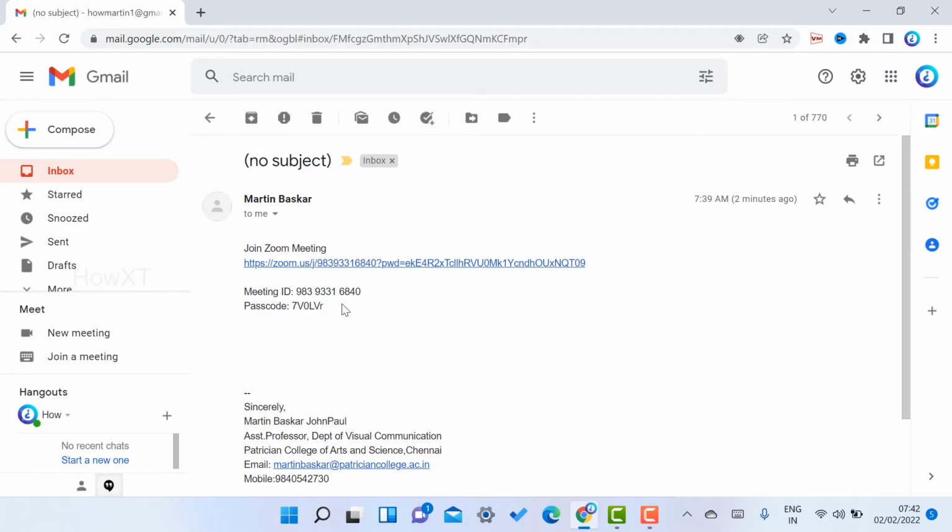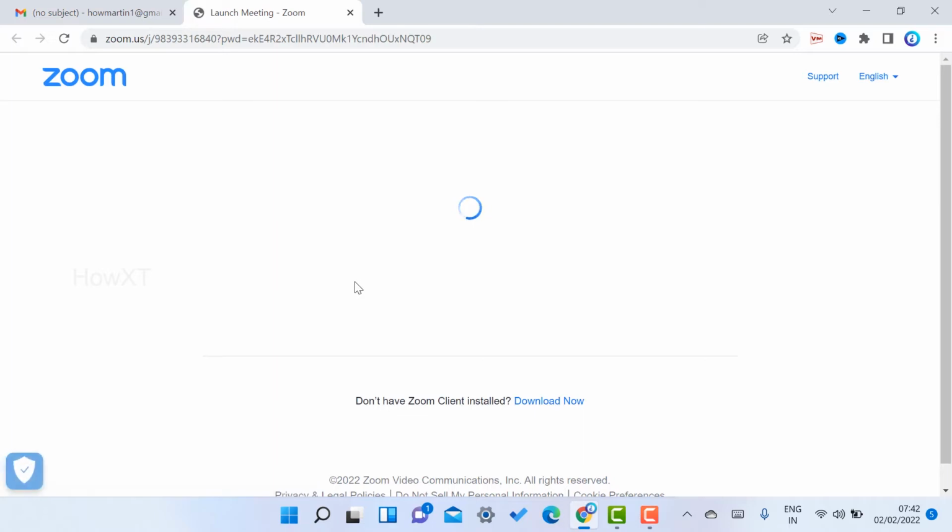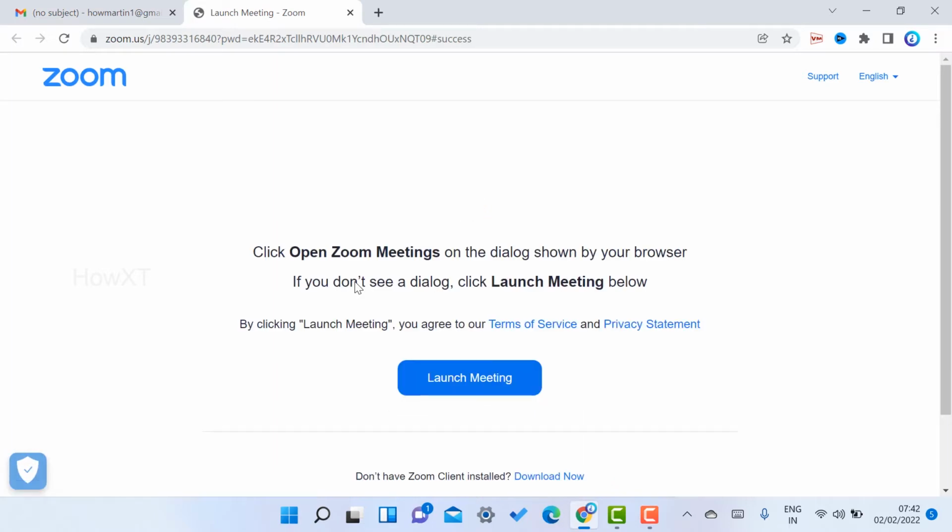So I got the meeting link. I want to join the meeting link. Once I click join meeting link, it will automatically direct you to the Zoom meeting application. So if I want to install the Zoom application, I just click here to launch the meeting. Once I launch the meeting, I'm not able to launch the meeting because I don't have the Zoom meeting